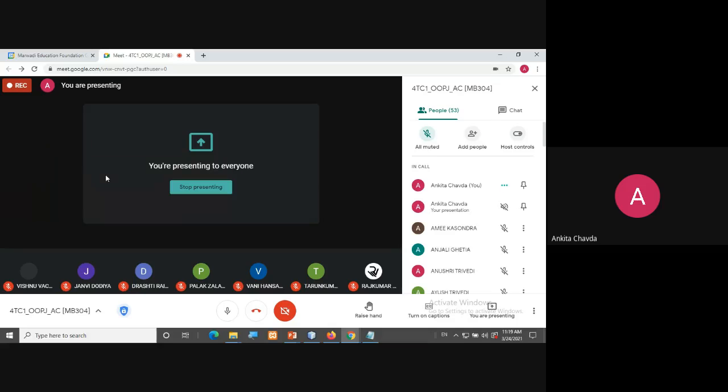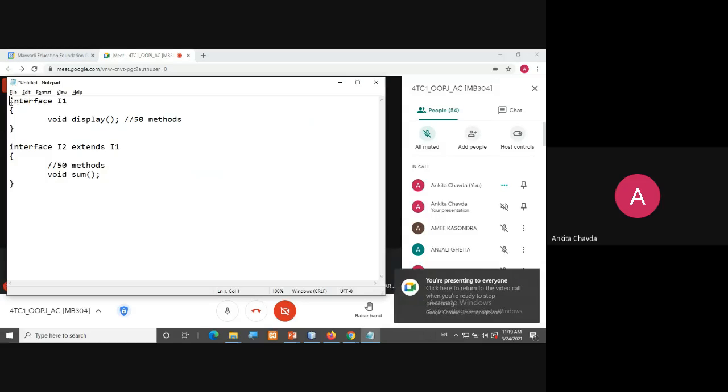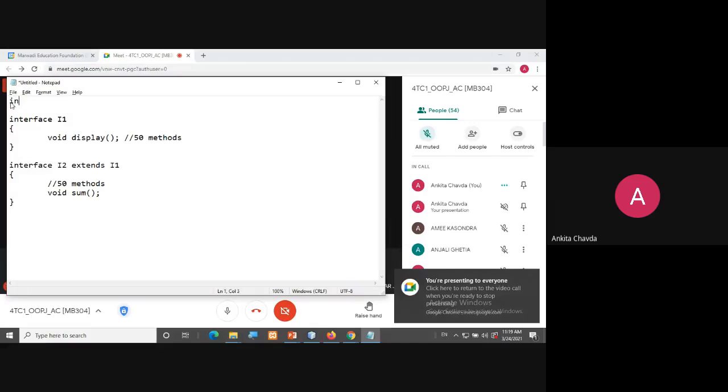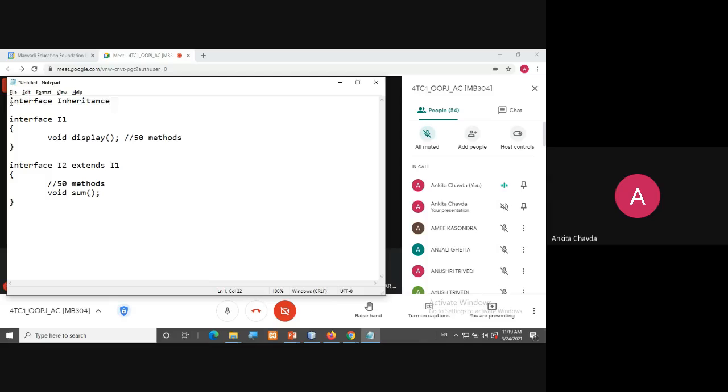That is possible, and this concept is known as interface inheritance. Here you are using the word extends. Is it clear?